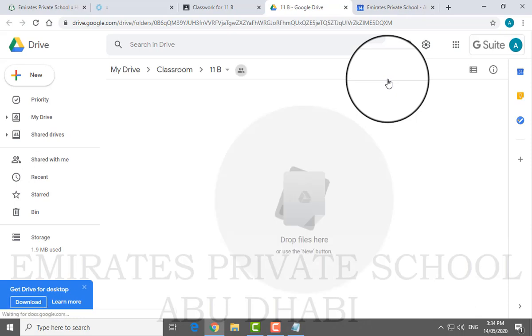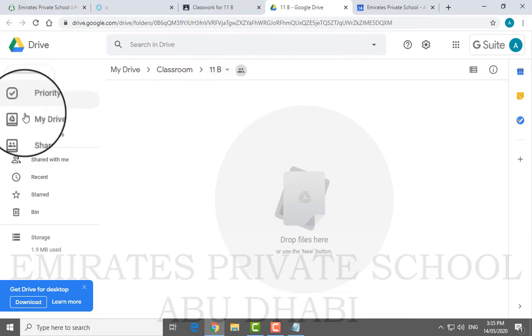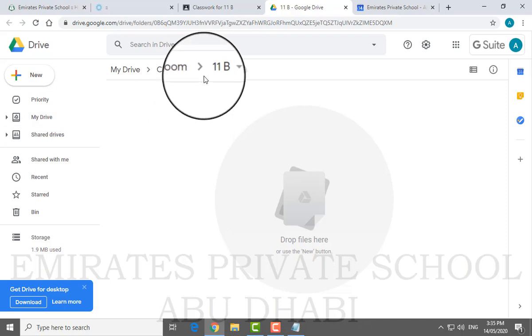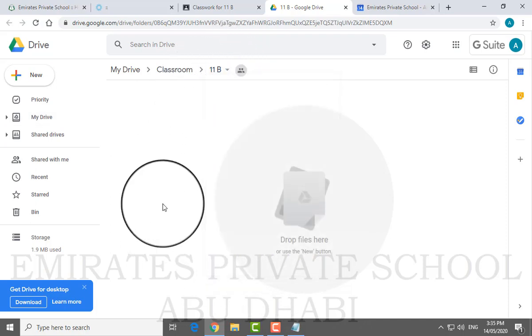Now the data on that particular drive is available only to the people or the students in that particular class. So if I'm talking about this is for 11B, 11B can have access to only the drive of 11B. They cannot go to the drive of somebody else and get something.